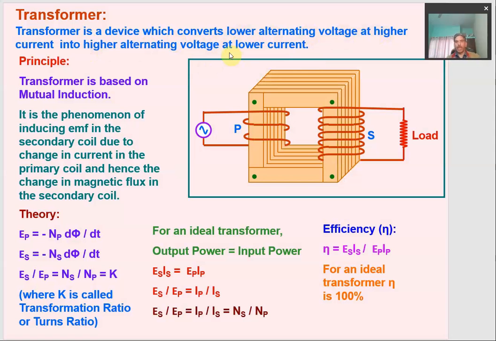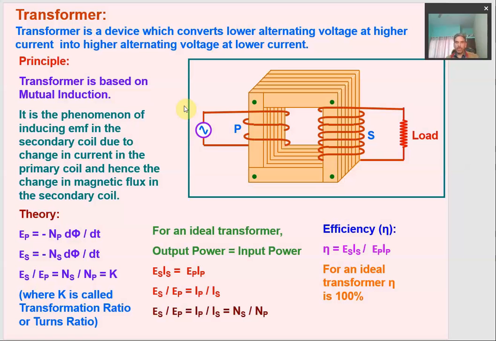It converts the voltage from high to low, and it is also used for converting the voltage from low to high, and the transformer does this by changing the current accordingly. The transformer has a very wide use. Transformers are used for the transportation of electric energy from one location to another. Transformers are also used in different electronic devices. There are a lot of applications of the transformer. Transformers are also used in industries to carry out different tasks. So there are a lot of applications where transformers are used.